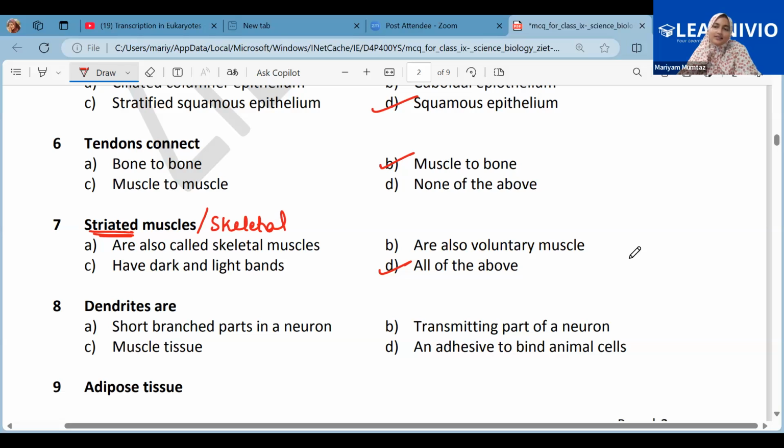Like when you people answer the MCQ, do you just see and you're like, no, this is the answer, I don't know anything else? When I ask you about the rest of the options, you people don't say anything. Is it like that? That's your approach? I know this answer, this is all I know. Tell me, why not the transmitting part of a neuron? You people are able to hear me, right? Okay. Yes, ma'am. Why not transmitting?